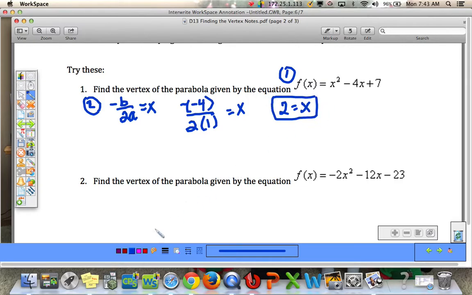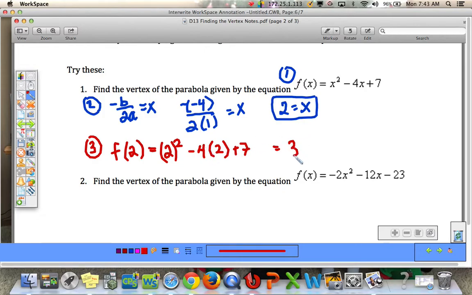So that gives us the x-coordinate. We need the y-coordinate. So step 3 is plug in f of 2 into our function. So 2 squared minus 4 times 2 plus 7. And if we solve that, 2 squared is 4, minus 8 plus 7 would give us 3. So the vertex of this function